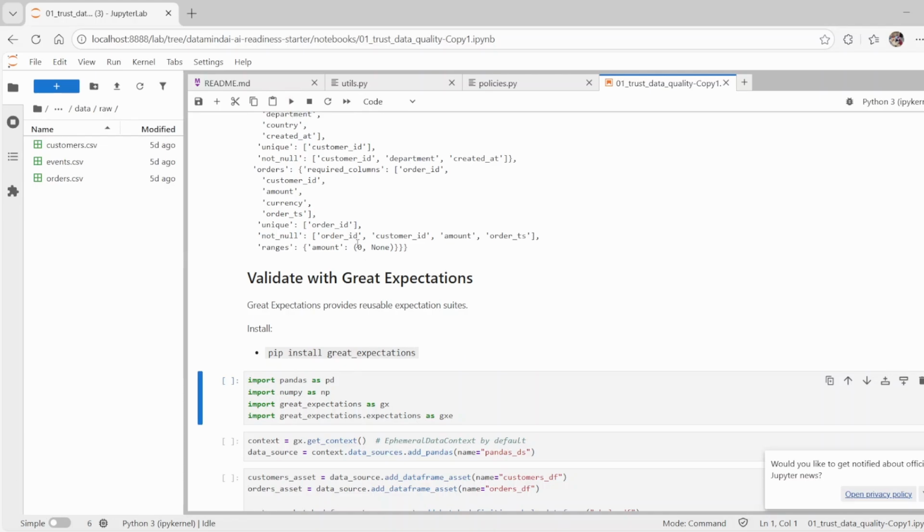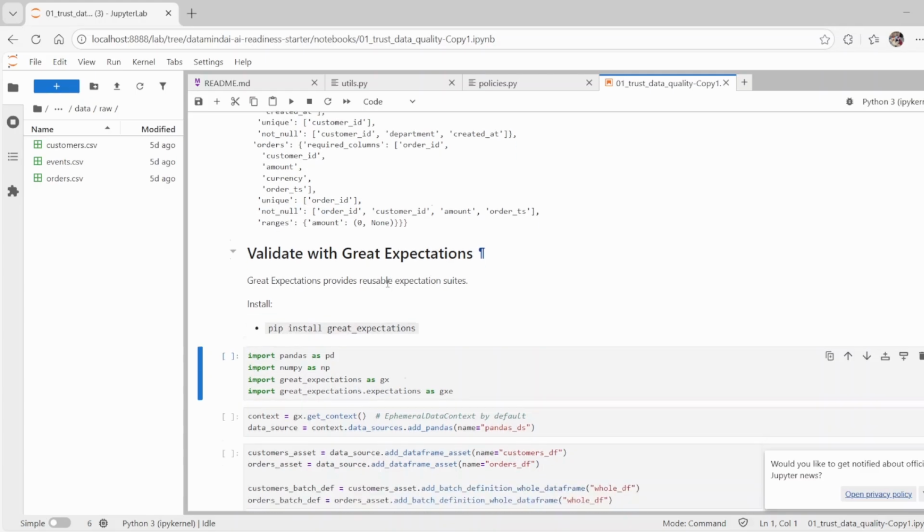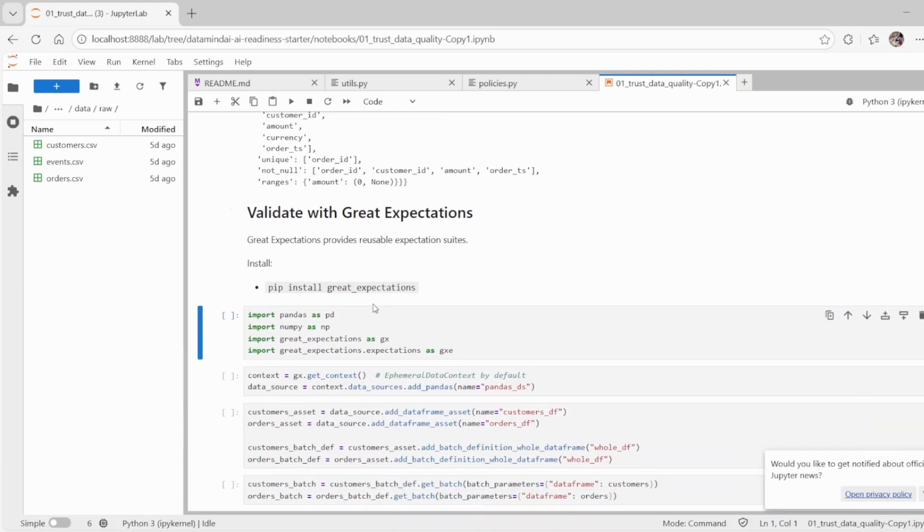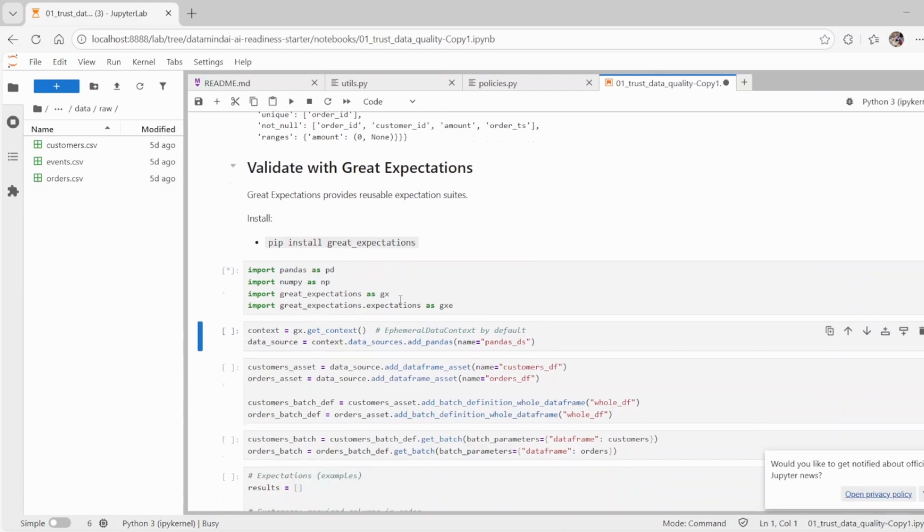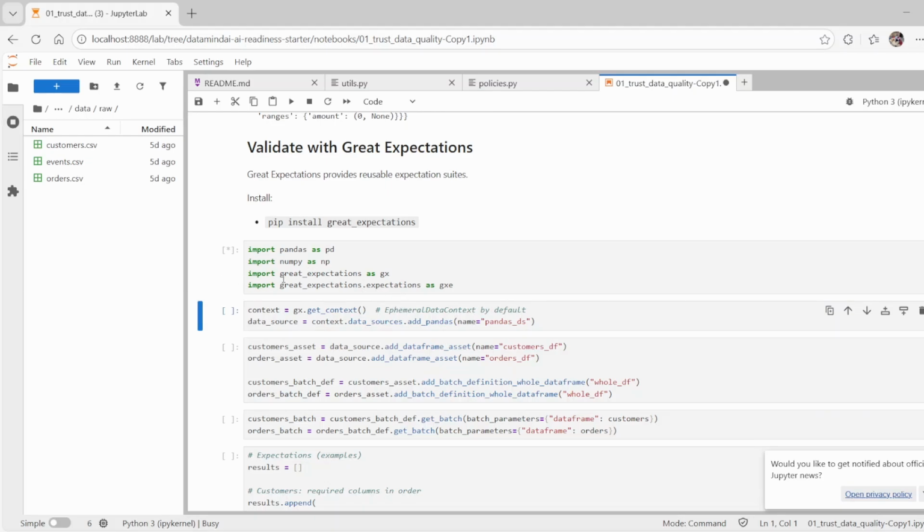install Great Expectations. As we said, we went through all this Great Expectations stuff last time, so I'm not going to go through that one. So we are going to install it, and then once we've done this bit, we are going to bring Great Expectations, and then the expectations, the list of expectations. So these are the two things which we are going to bring,